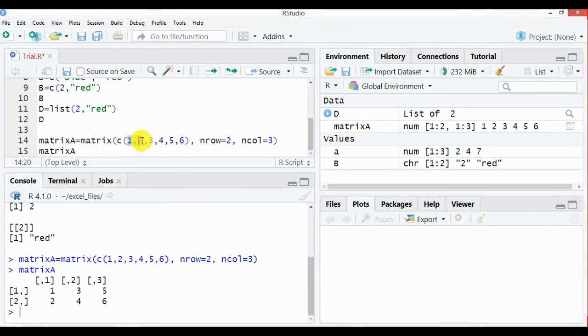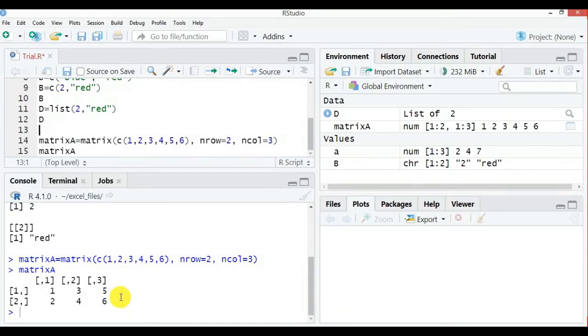So the first 2 numbers got saved in the first column, the next 2 numbers got saved in the second column, and the next 2 numbers in the third column. So by default, if you give any sequence of numbers, any vector, and specify how many rows and columns you want, it starts fitting them column wise.